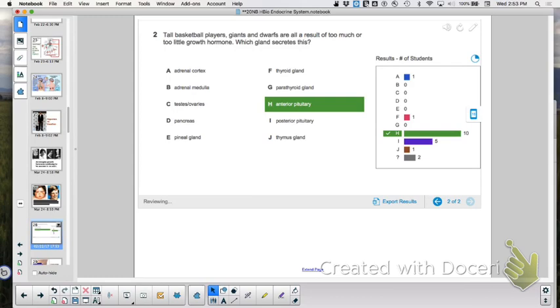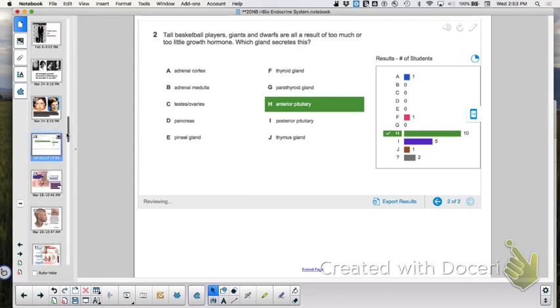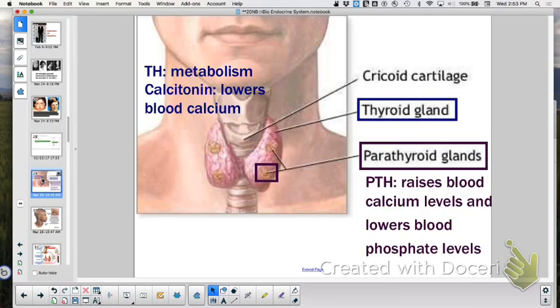Moving on. So then let's talk about, here you have your thyroid gland, and on it is your parathyroid glands. From your thyroid gland, you have 2 hormones. Thyroid hormone, all about your metabolism. And then calcitonin, we said calcitone it down. Let's lower that blood calcium. And what you're going to do is store it in your bones. Calcitone it. I'm going to lower blood calcium.